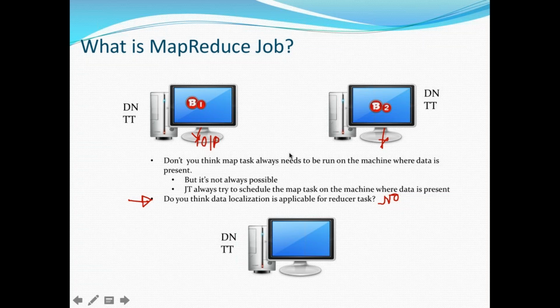it is going to be transferred across the network to the machine where the reduce task is running. So wherever there's a data transfer, that means the reduce task is running on this machine, and the data is coming to the reducer machine, or the machine where the reduce task is running. So whenever there's a data transfer,